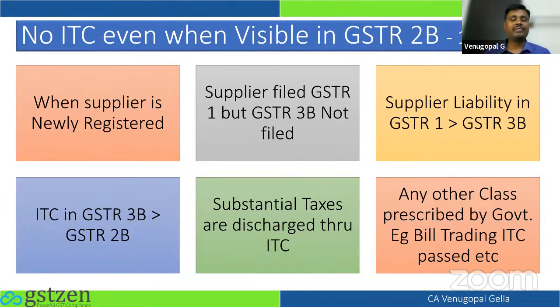So you have to be very careful in making the procurement and looking at the supplier filing status. You should be constantly watching whether the supplier is filing GSTR1 on time or not. If they are not filing on time, then there is some problem. Your credit will get deferred by 1 month. Now you may say, it's only 1 month, will it be okay?